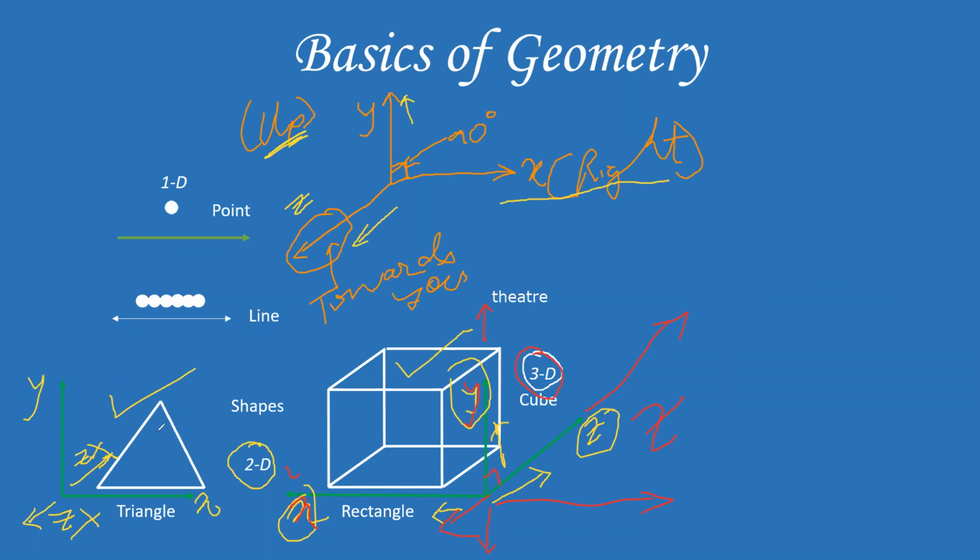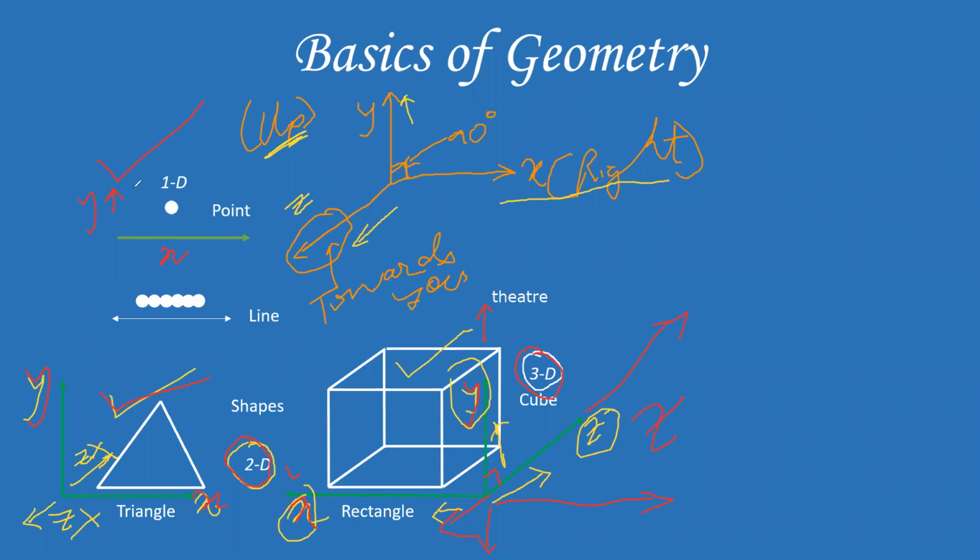Then we come to the triangle over here. It has only Y and X. It doesn't have Z. So we say it is 2D because there are only two directions. So 2 and D means dimension. And then we come over here to a point. A point is only a point. There is no Y axis to a point. There is only X axis. Or you can say that it has only Y axis, no X axis. Or you can say it has only Z axis, no Y or X.